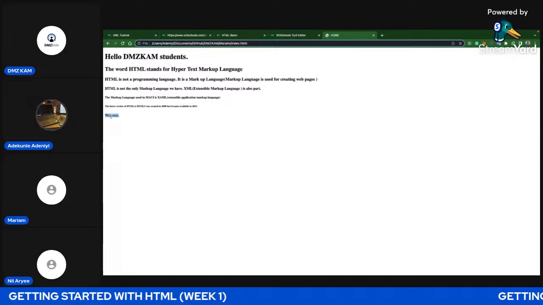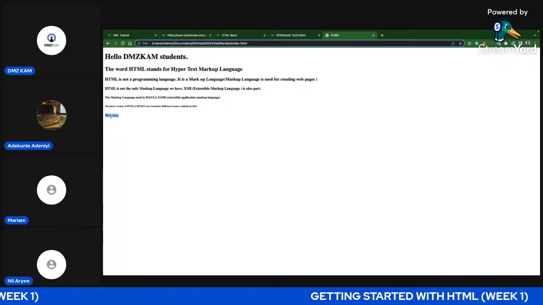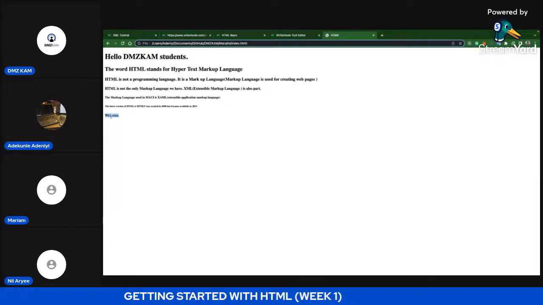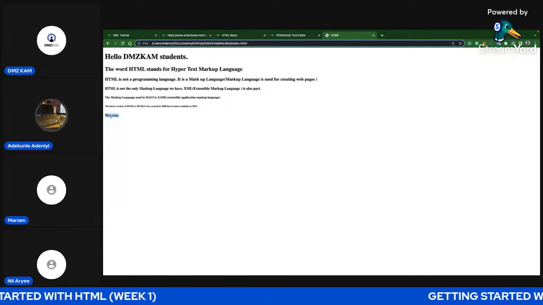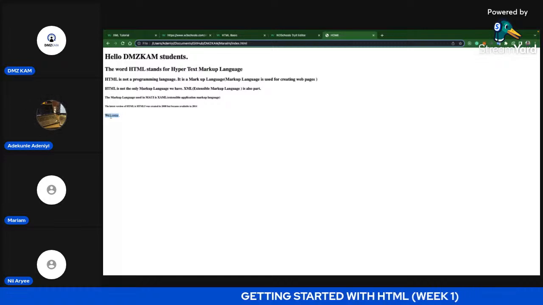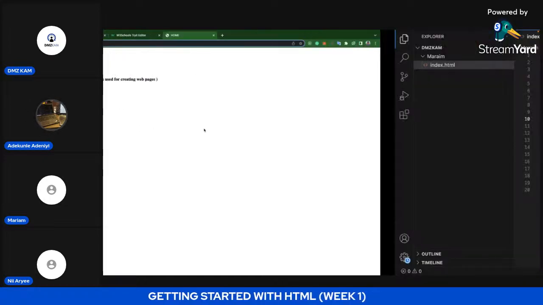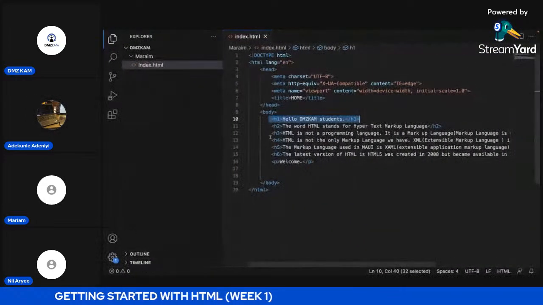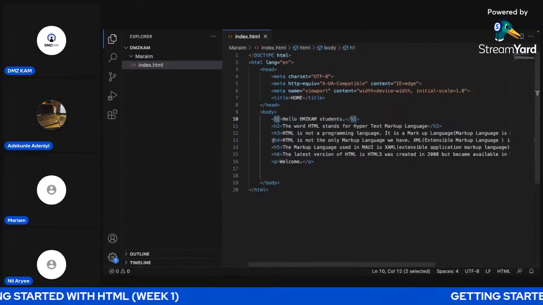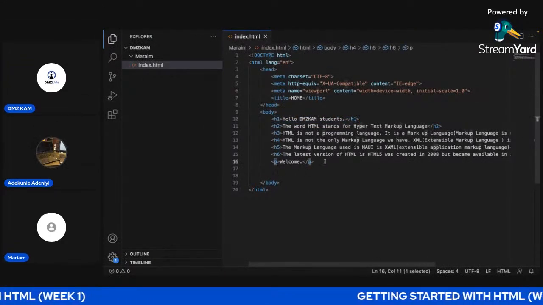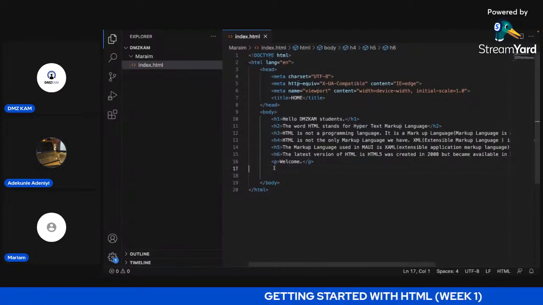By the time Emmanuel starts explaining, he will explain when we need to use the H1 tag, when we need to use the H2 tag, when you need to use the P tag and stuff like that. I'll just take you through the elements we have, and Emmanuel will take it from there. So this is one element, which is the H1 tag. We have the P tag also as an element. We also have